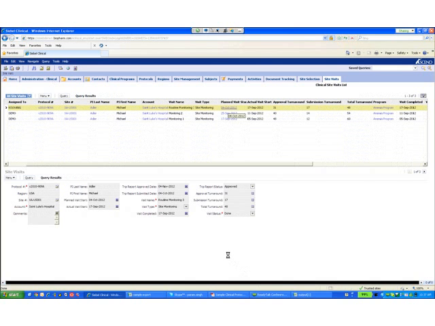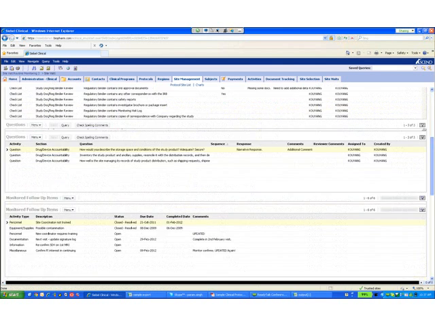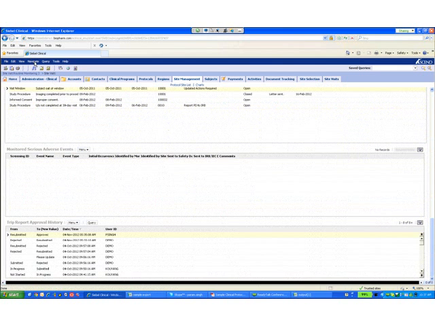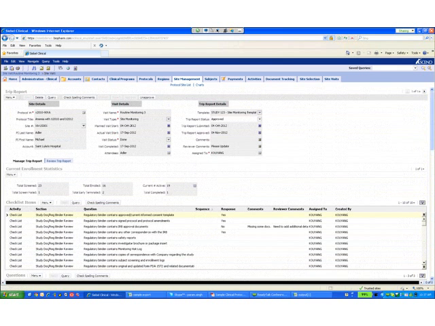Additional information that we've configured into the system is, when we dive into the actual trip report itself, we can see the trip report approval history. So we can see how many times this trip report was rejected and had to be resubmitted, and then rejected again and resubmitted. So you can start to look at the reasons for those inefficiencies once you've identified through that metric that we are not meeting those internal standards.